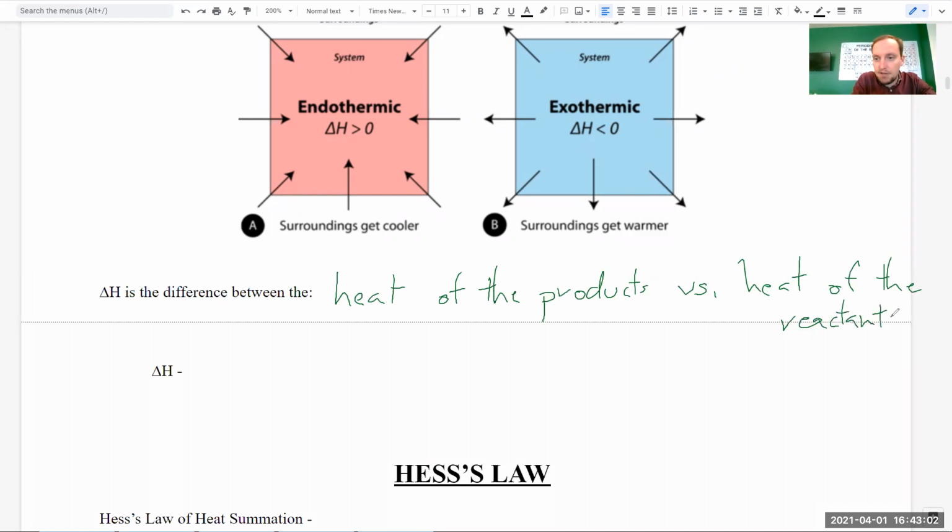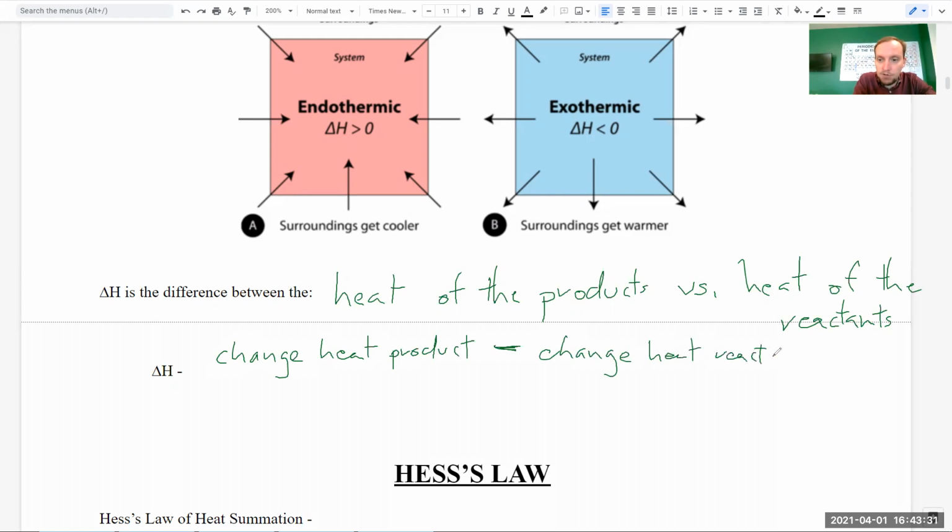So it's a comparison of where we're finishing versus where we are starting. Yes, I'm doing that backwards on purpose. The products is what we want to look at first, and then we subtract the reactants. So the way we would do this mathematically is it would be the change in heat of the products. Again, this sounds really similar. I'm just doing it more in a mathematical sense, minus the change in heat of the